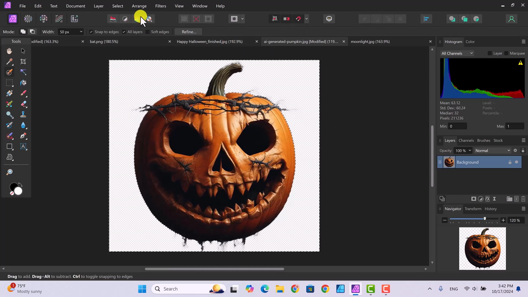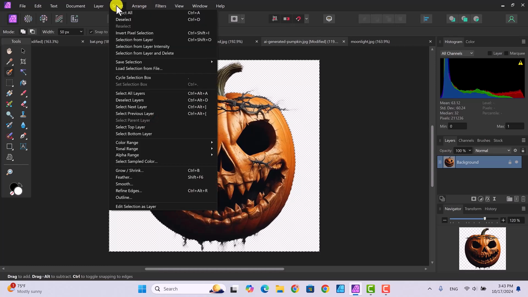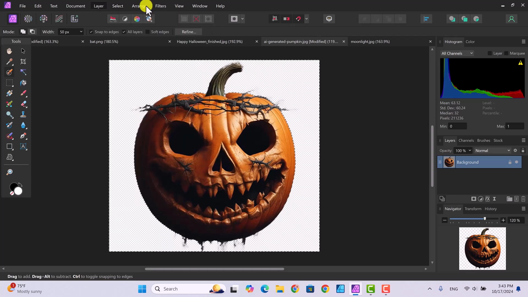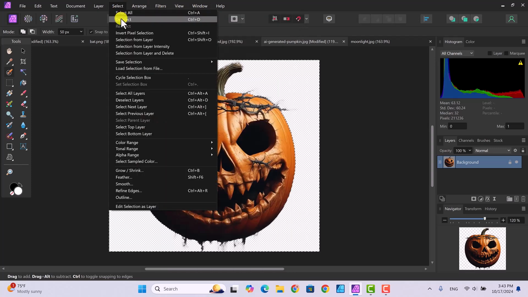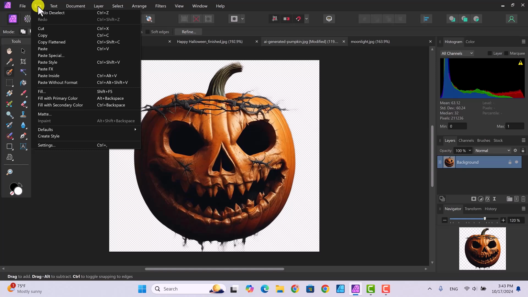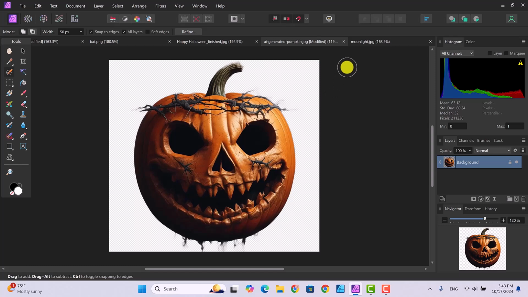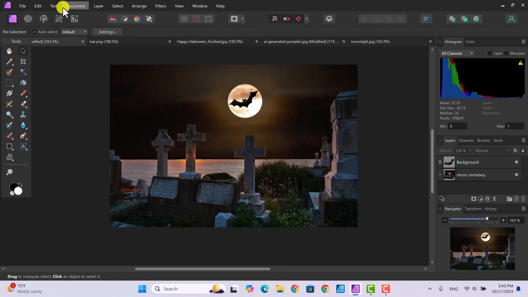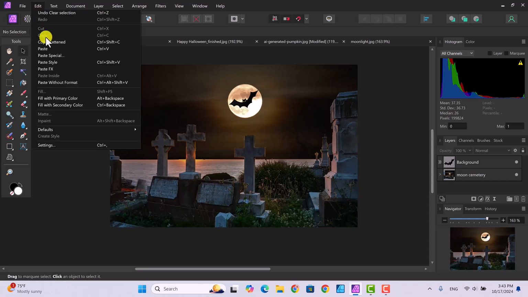And of course we want to get rid of our marching ants. So we can go up to select and then deselect. Gosh, my mouse is really... Okay, so now we got rid of all that. Now we're going to go up, copy our pumpkin, and then we're going to go back to the cemetery, and we are going to edit, and we're going to paste,